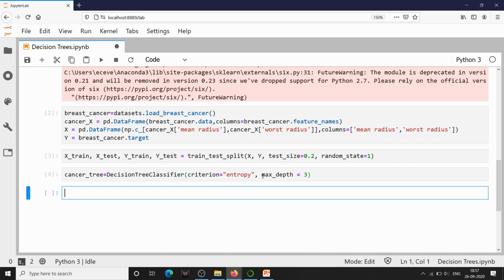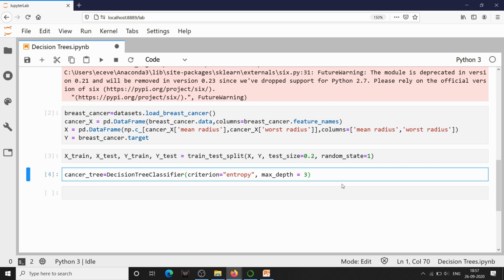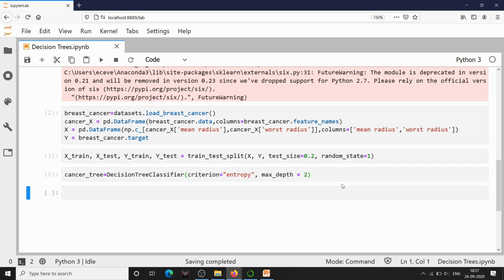So here I have mentioned max depth as 3. So max depth represents that apart from root node, how many subnodes are present in our decision tree. So initially I am going with 2 as a max depth, and we will further increase until we get a more accurate value. So let us see that.